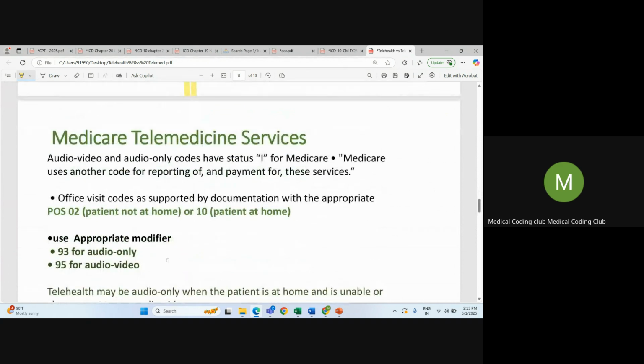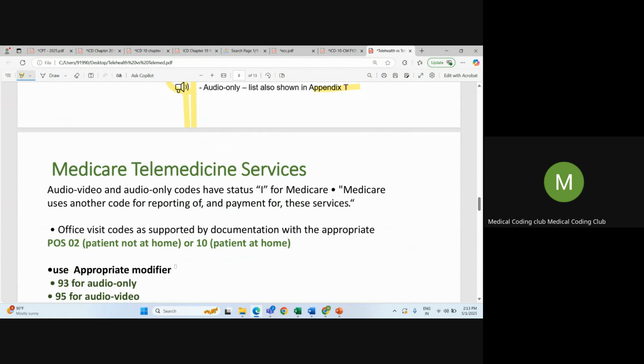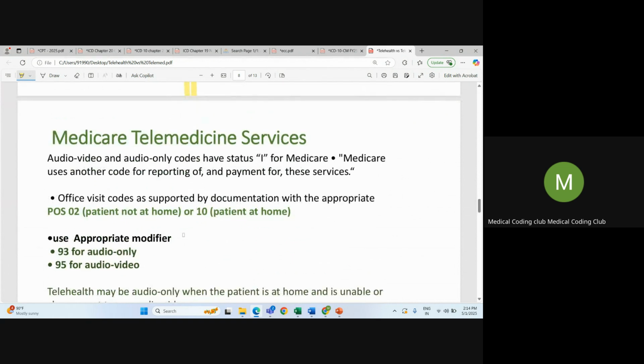So next, coming to Medicare telemedicine service. This you should understand. Except for Medicare, other commercial payers may utilize the traditional telemedicine CPT codes, but when it comes to Medicare services, Medicare will not pay for traditional telemedicine CPT codes. Okay, we need to utilize office visit E/M codes. So how will we code for Medicare? Once you get to know this is a Medicare patient, who has Medicare insurance as the primary payer, then you should check